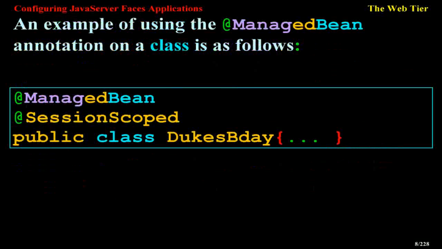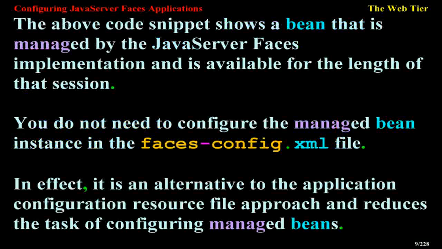An example of using the managed bean annotation on a class is as follows: @ManagedBean @SessionScoped public class DukesDay. The above code snippet shows a bean that is managed by the JavaServer Faces implementation and is available for the length of that session. You do not need to configure the managed bean instance in the Faces config XML file. In effect, it is an alternative to the application configuration resource file approach and reduces the task of configuring managed